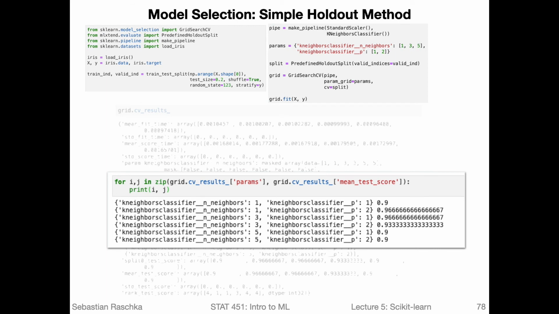And just to make this a little bit easier to see, I'm iterating over them using zip. So I'm iterating over the parameter combinations and the scores. So you can see what the hyperparameter combinations yield in terms of scores. You can see the two highest scores are 69% prediction accuracy, and that is for 1 nearest neighbor and 3 nearest neighbors. And it's for the Euclidean distance and here the Manhattan distance. So both give equally good results in this data set, on this validation dataset.